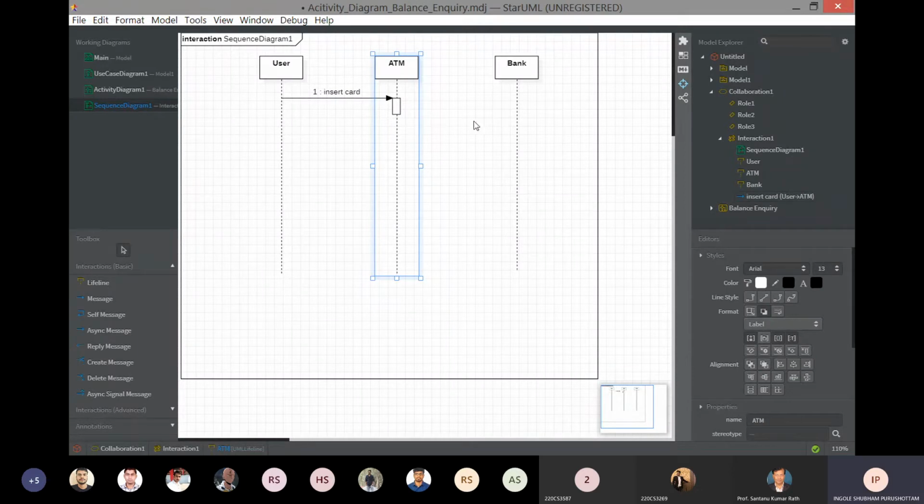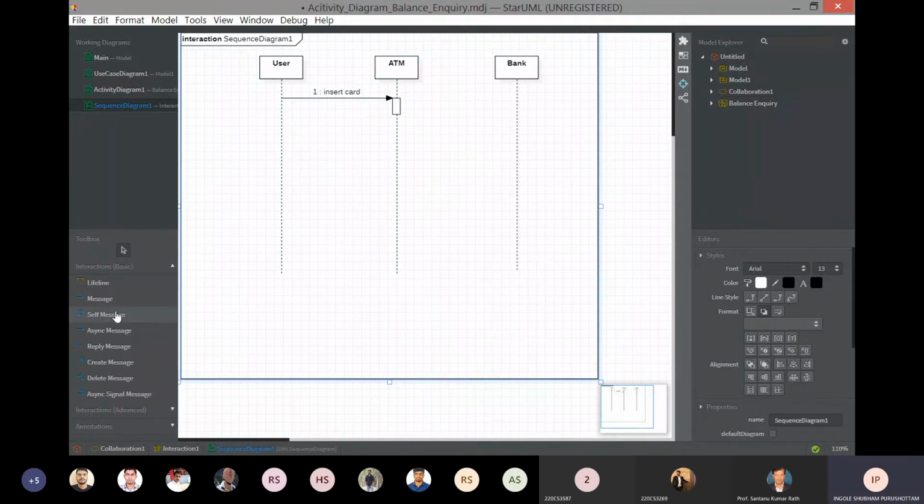Again, this sequence diagram is for balance inquiry only. Here you can see this is the message. And this small box you can see shows that the lifeline is active right now. This box is used to show for what moment it is active.